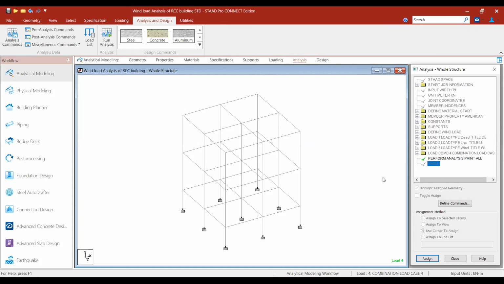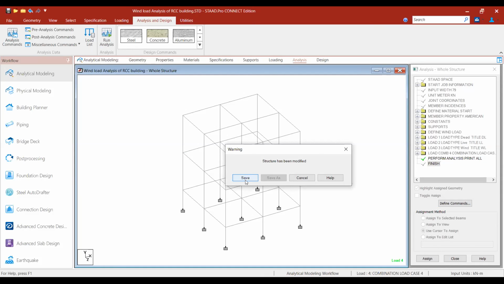One we have deleted. Now you have to run the program, and you can see the results.